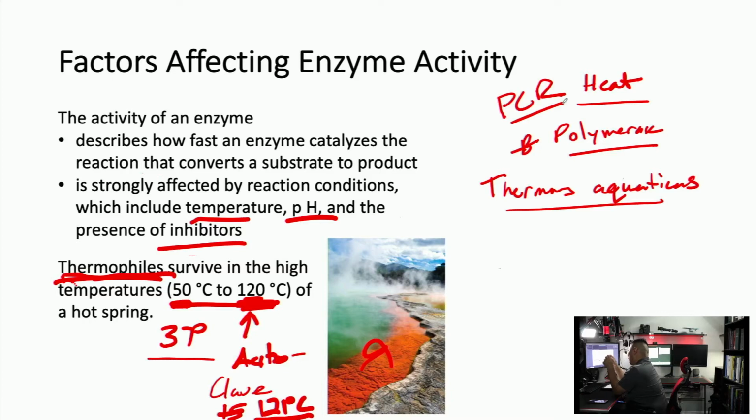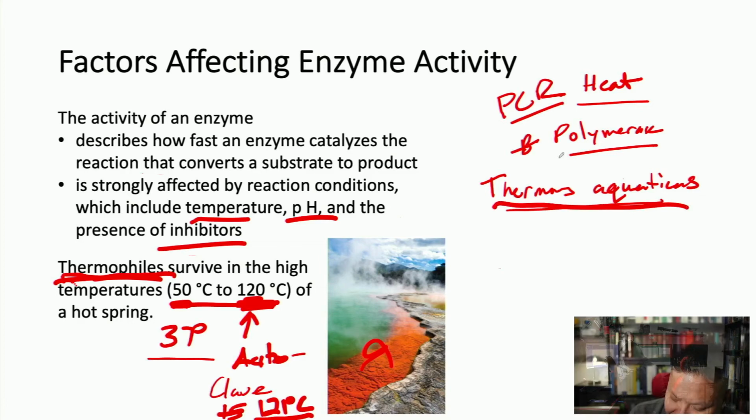By taking the DNA genome, or the coding section of the DNA, out of the cell and putting it into a tube, along with this Thermus aquaticus polymerase and some primers, and using heat to control the reaction. So what are the steps? It's actually really simple.